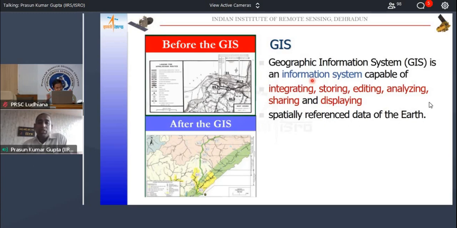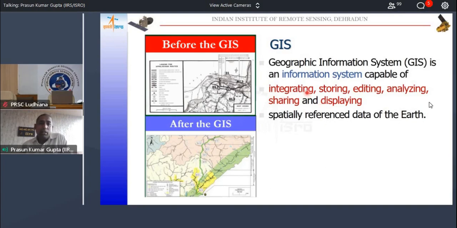It's an information system which helps you manage geospatial data. What is geospatial data? Geospatial data is data which has a location or a spatial reference. A system that allows you to store, integrate, edit, analyze, share, and display spatial data is called a GIS, or a GIS system.